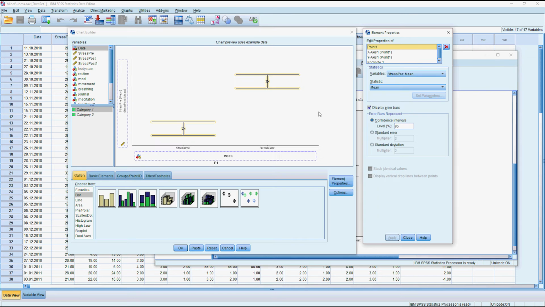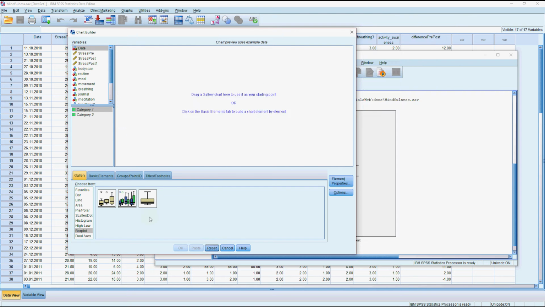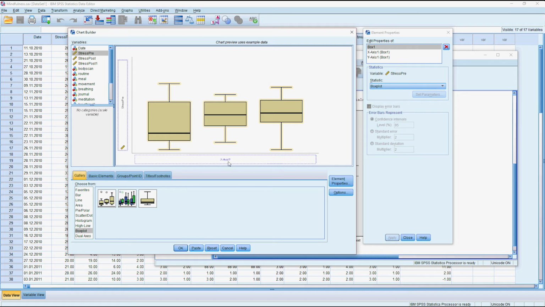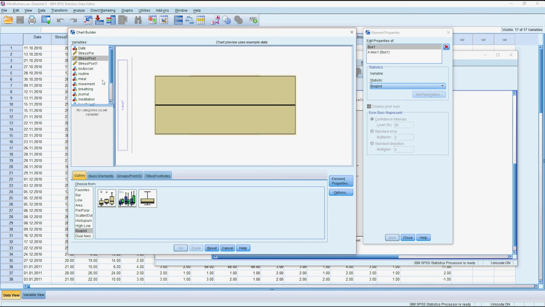So with your chart builder, if you're interested in a box plot, I'll reset that. If you had independent groups, you would drag your outcome measure onto the y-axis, and then you would drag your groups down here. Now, with some of the graphs, you can get SPSS to create the groups by dragging the extra variable into the y-axis as well, but it won't let you do that in this case. So you could look at the box plots individually